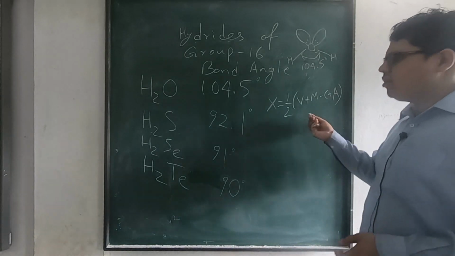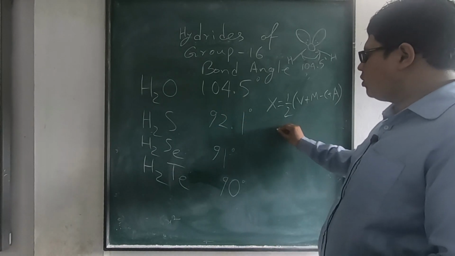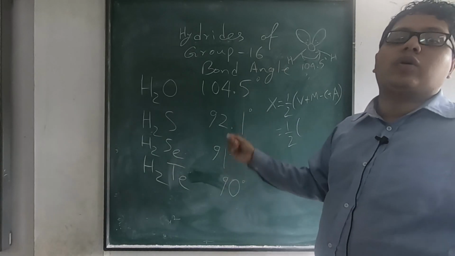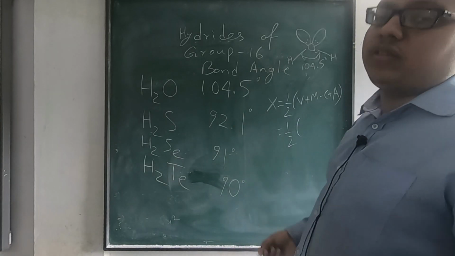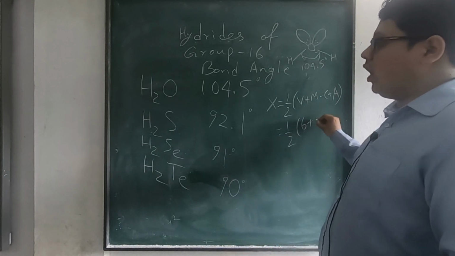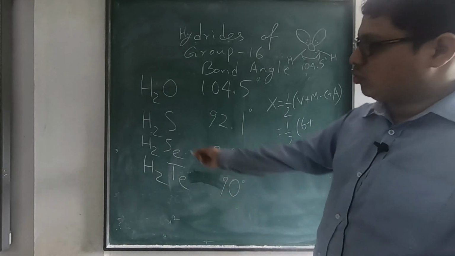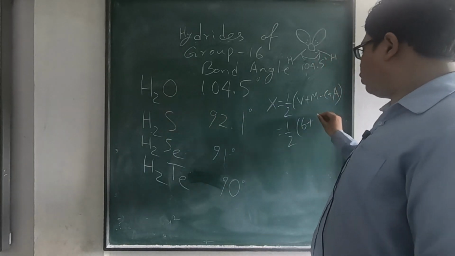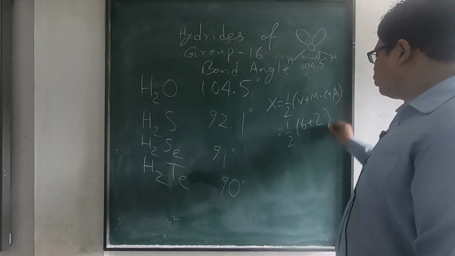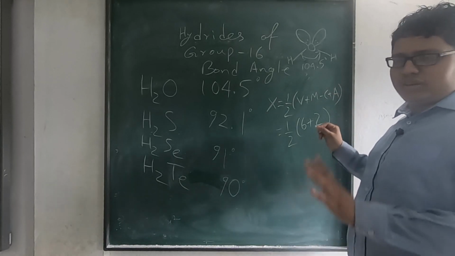And what is the number of valence electrons in oxygen? We discussed just now. If you think of sulfur, what is it? Sulfur also has the same valence electrons, because in a particular group the number of valence electrons remains the same. So it will be 6 here, and how many monovalent atoms are there? 2 hydrogens, here also 2 hydrogens, here also 2 hydrogens, no difference, 2. There is not any charge here, no negative charge, no positive charge. So we don't need to consider these two anyway. This is for the cation's charge, this is for the anion's charge, there is no charge here.